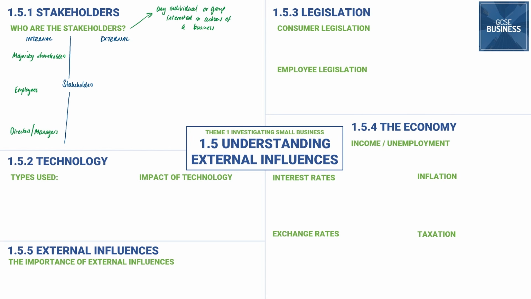So naturally, the key distinction here is that our stakeholders want different things. Obviously, the owners, they want the business to make a profit because if the business makes a profit, that means they're much more likely to get a dividend. Their share price is likely to increase if it's a public limited company and they potentially can sell their shares for more money if they wanted to.